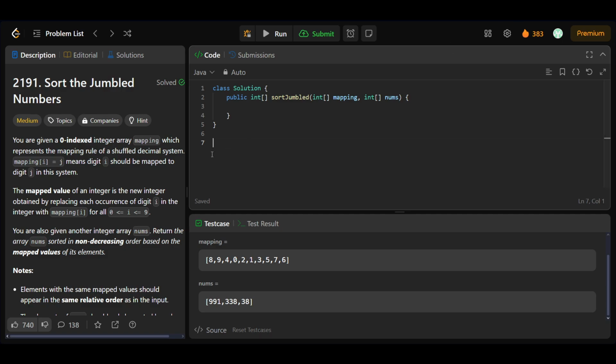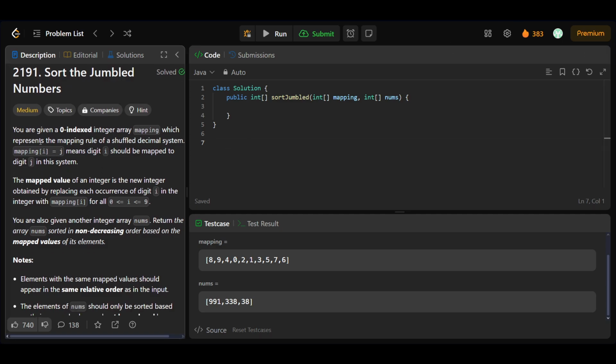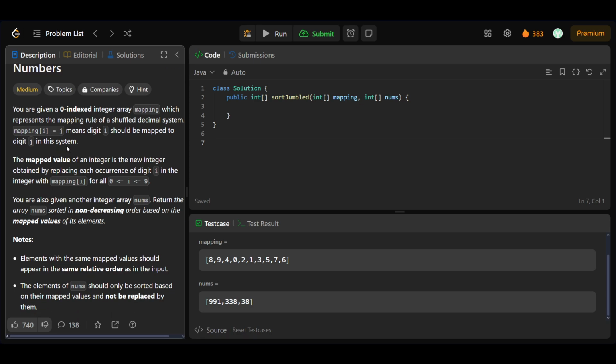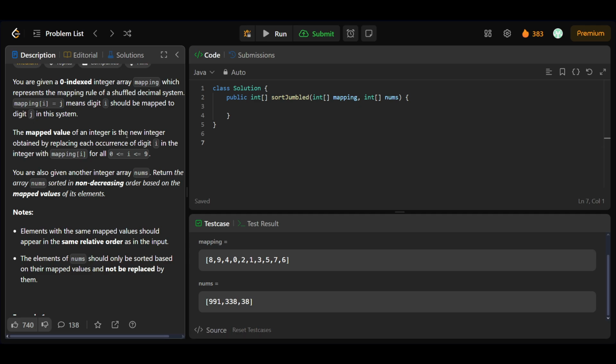Hello people, so today we'll be solving the LeetCode Daily Question, that is 2191, Sort the Jumbled Numbers. In this we'll be given a 0-indexed integer array mapping which represents the mapping rule of the shuffled decimal system, where mapping[i] = j means digit i should be mapped to the digit j in the system, and the mapped value of an integer is the new integer obtained by replacing each occurrence of digit i in the integer with mapping[i] for all 0 <= i